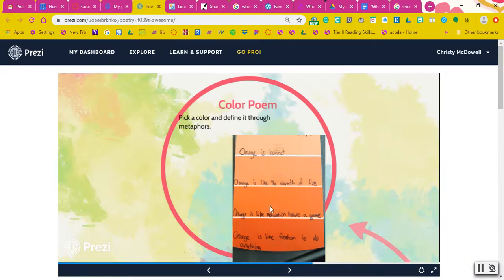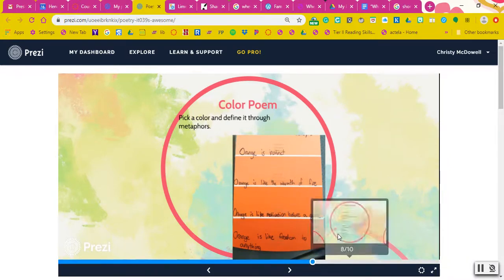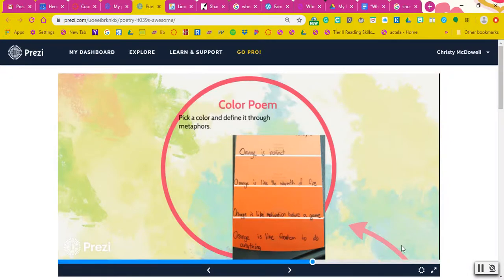I also want to show you, this is a really cool trick to do in class: give your students paint chip cards. You know, like when you go to the paint store and you get all the little sample cards of paint. And what a fun way to write out your color poem. So that's a little tool you can steal and use in your own classroom someday. Don't go to the paint stores now because we're supposed to be in quarantine. So I don't think paint chips are essential right now.